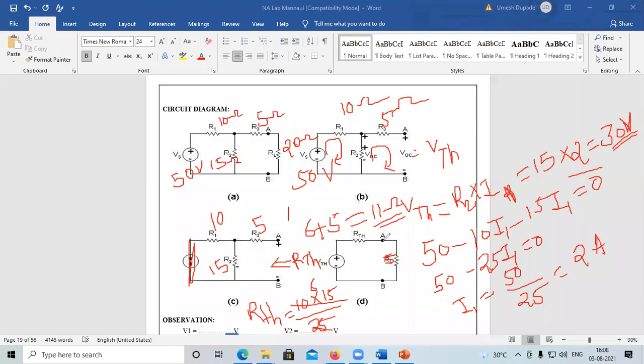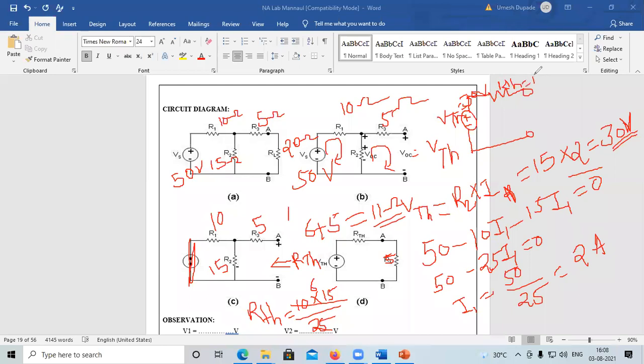Okay. So we calculated the value of VTH and also the value of RTH. After calculation of VTH and RTH, write or draw the network in the equivalent form, that is one voltage source in series with one resistor. It is nothing but RTH and VTH. The voltage source is nothing but VTH. VTH is equal to 30 volt, and the value of RTH is nothing but